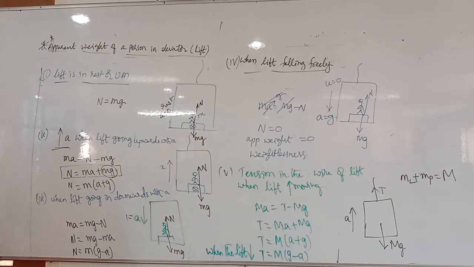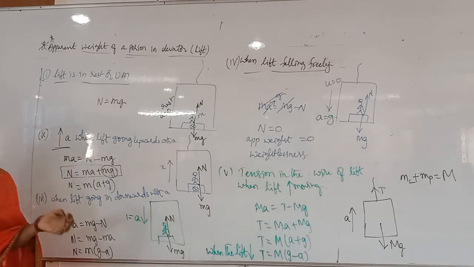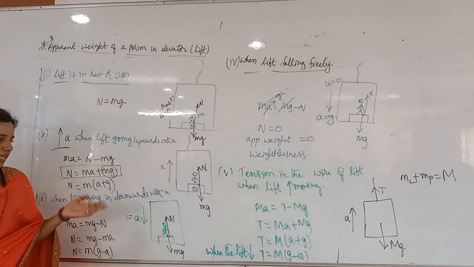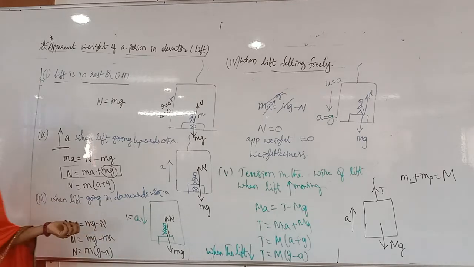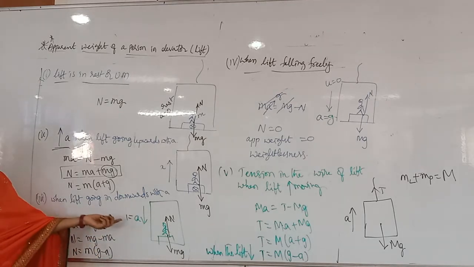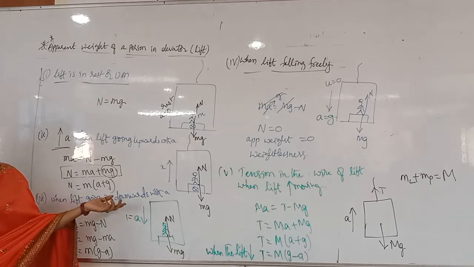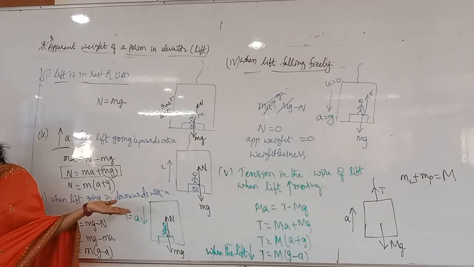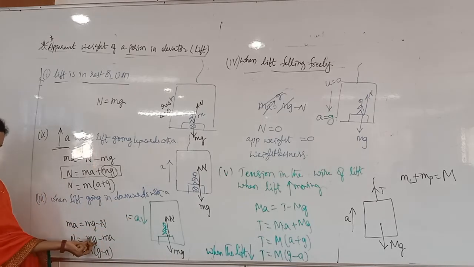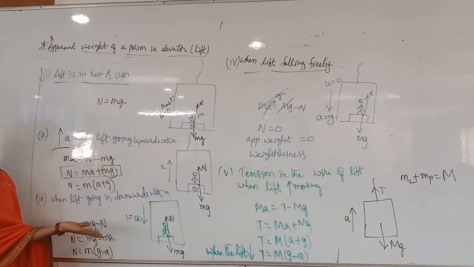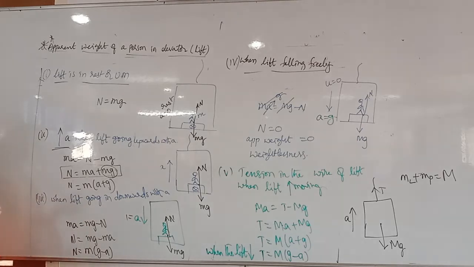Here, all the lift case problems will be very easy. They will just give the acceleration and direction, and you have to find out the apparent weight. If they give the acceleration as 2 meter per second square and the mass of the person as 50 kg, then what is the normal reaction here? 400. I said 2, no? 2 I said, and then 50 is the mass of the person, and this will be 100. 100 from 500 gives 400. So the answer will be 400. That kind of easy problems will come.